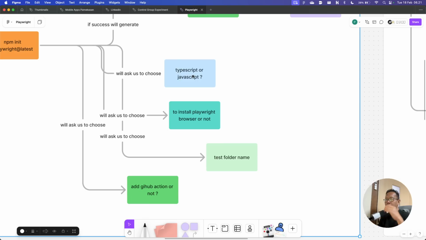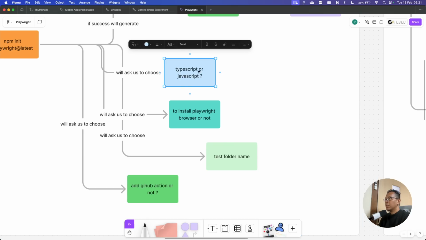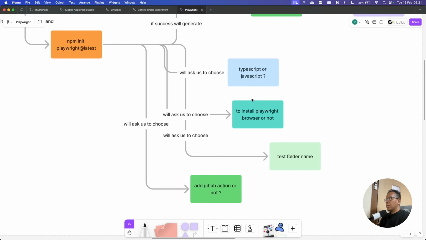When you start the Playwright project, you should decide, will you use JavaScript, the plain JavaScript, or will you use TypeScript? Okay. It will affect how you write the code, how you write the syntax, and the code styling, etc.